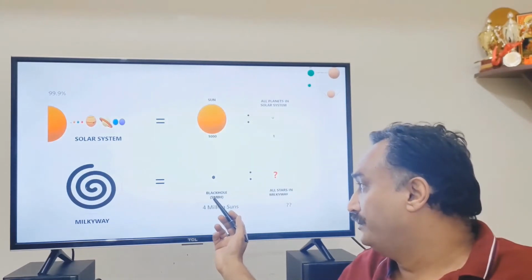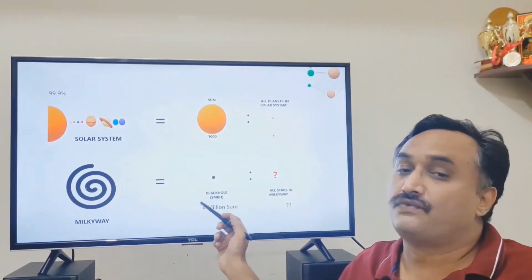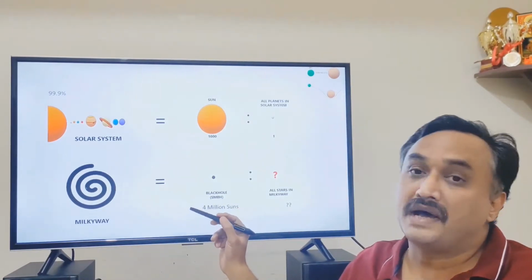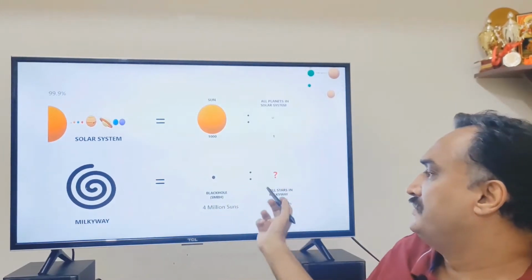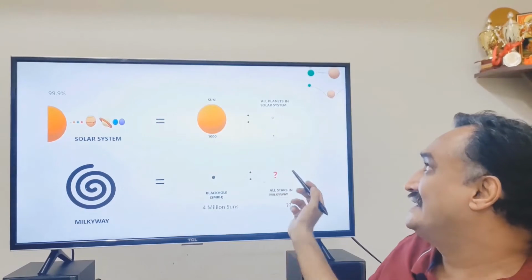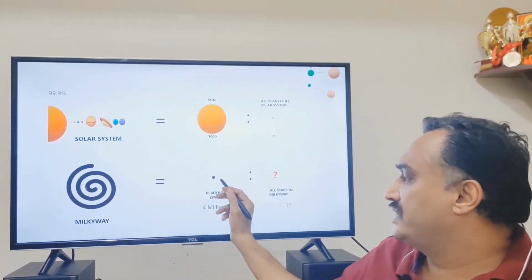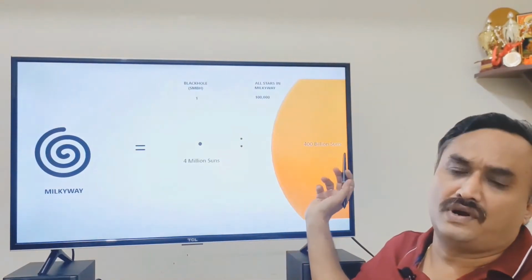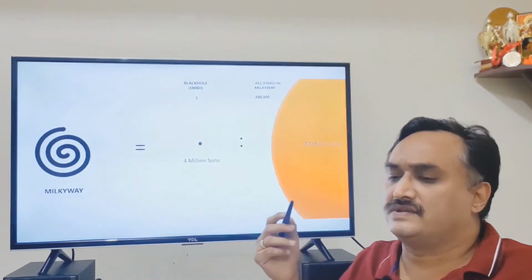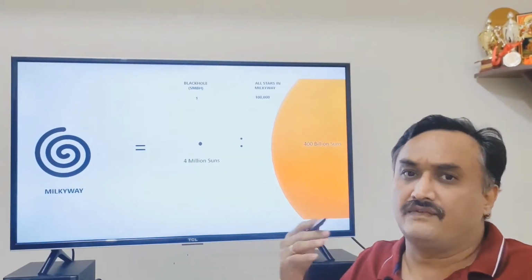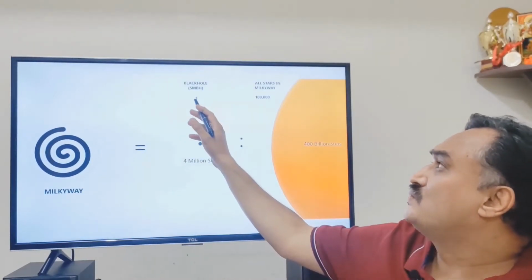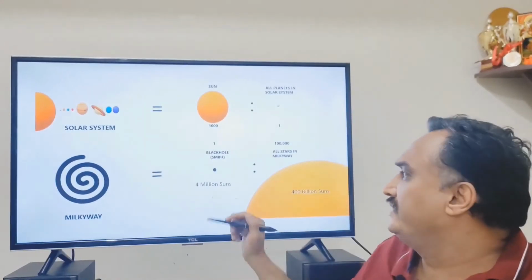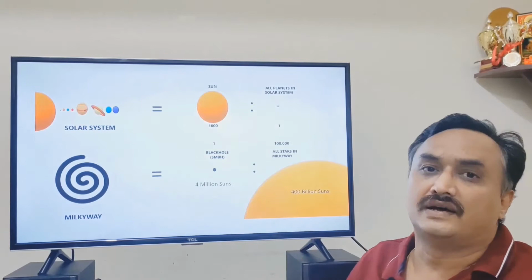The supermassive black hole at the center weighs as much as 4 million suns. That's quite a bit of massive mass that we have. And all the stars in the Milky Way, if we are under the impression that they would be lesser than this, we are in for a surprise. That is why I have marked it as small. When you see the mass, that's around 400 billion stars. Even if you consider one star as one sun, it may not be so. For the sake of argument, the ratio is 1:100,000. So what was 1,000:1 is exactly reversed as 1:100,000.